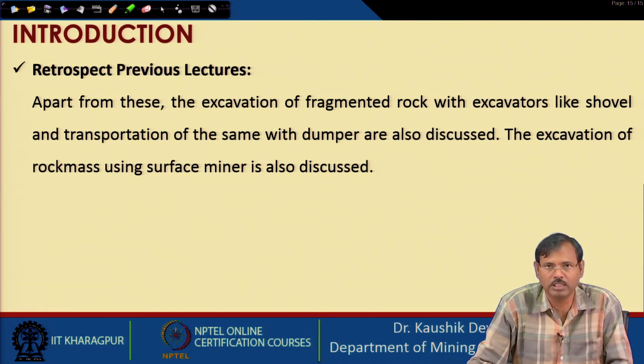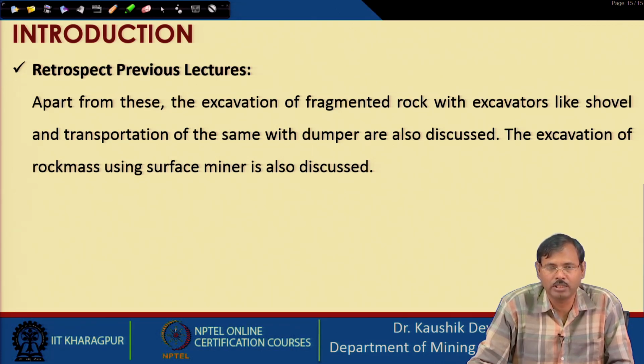It has been found that dragline is basically an excavator which has the bucket suspended by rope from the boom. The bucket is basically suspended by two wires. One is the hoisting wire, another is the drag wire. The bucket is suspended from the boom through the hoisting wire, and the hoisting wire can take the bucket upward, and it can be lowered also. When the bucket is required to fill, the hoisting wire allows the bucket to be positioned at the toe of the bench.